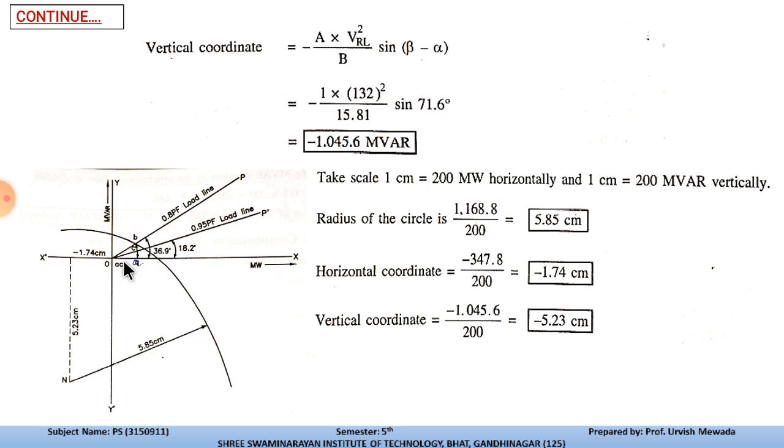So for the horizontal component we take the megawatt rating, because we are considering line to line, and the vertical is the MVAR reactive component. So from the center N, 5.23 is the vertical coordinate and 1.75 is the horizontal coordinate, and we are drawing these axes, and from N we draw this arc that intersects these lines at this point. So these are the points B, C and Q, from which we can calculate the data.